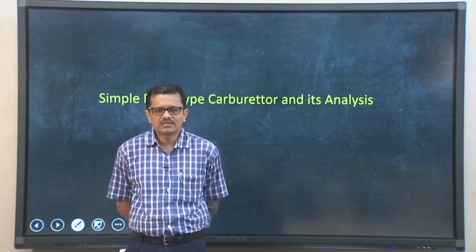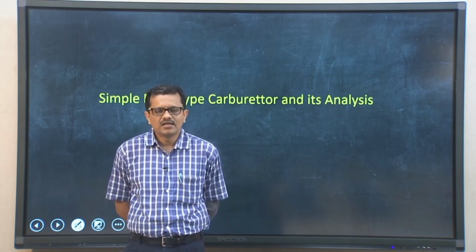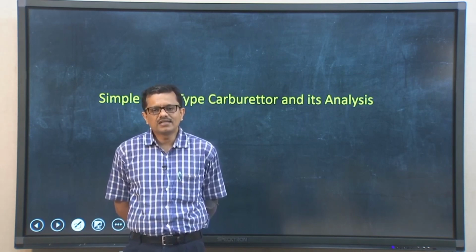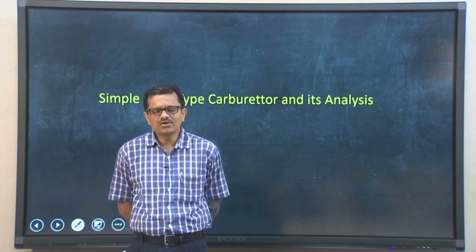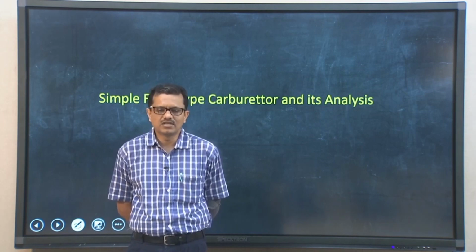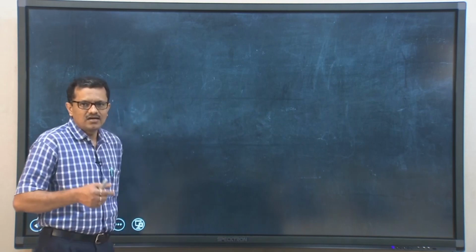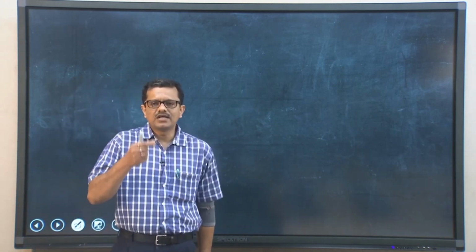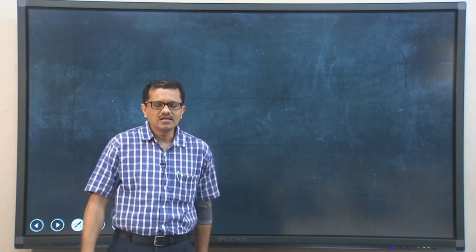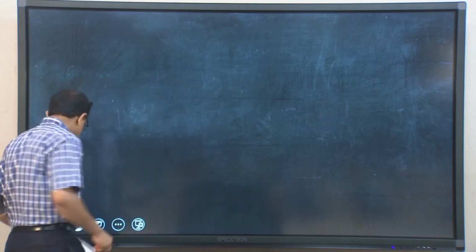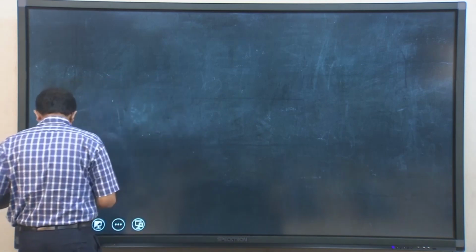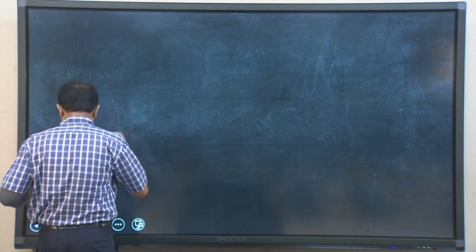So, sometimes it may be higher than the stoichiometric ratio or it may be lesser than the stoichiometric ratio. So, today we shall draw a simple float type carburetor, then we shall go for its analysis. So, if we try to draw the simple float type carburetor,